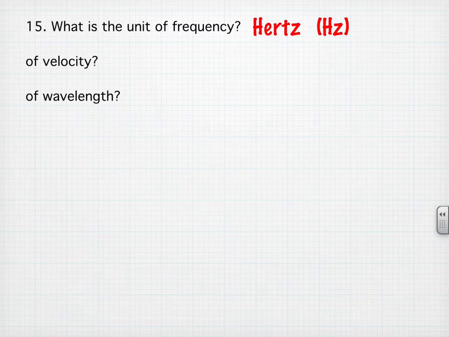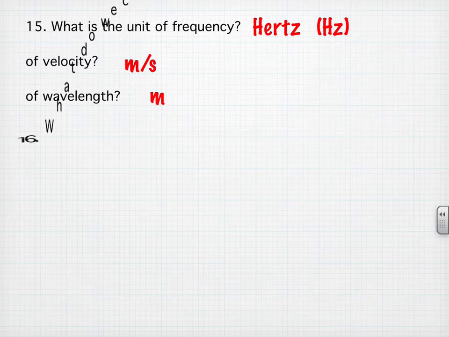Velocity, of course, is still in meters per second. A hertz is a wave per second, basically. And a wavelength is, again, wavelength, so that is going to be in meters. The lambda is the symbol for wavelength, but the unit for wavelength is going to be meters because it's a measurement of length. So that's all very straightforward.